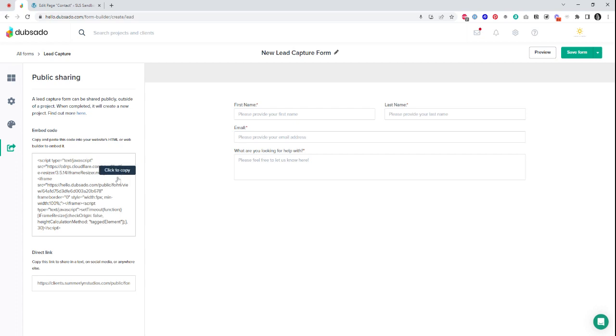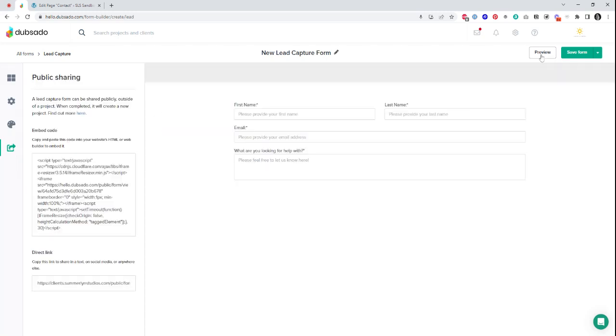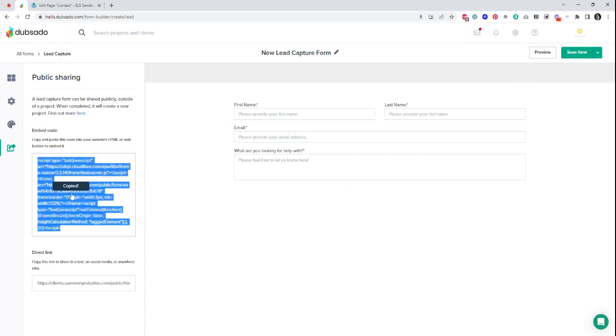So you have two different options for sharing. You can create a direct link, which is just a link that you can copy and send out, and that will bring them to a page with this form, and we can preview it if you want to see what it looks like. So this is basically what they would see on the page. Or we have this embed option, and this is giving you some code to put in your website. So we're going to click to copy,